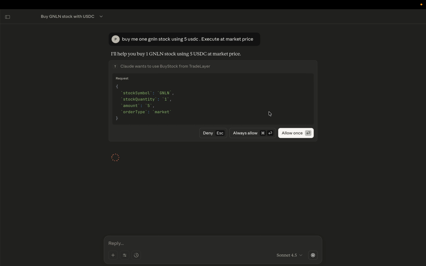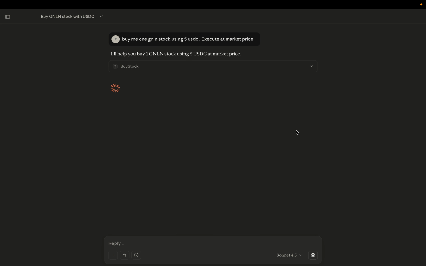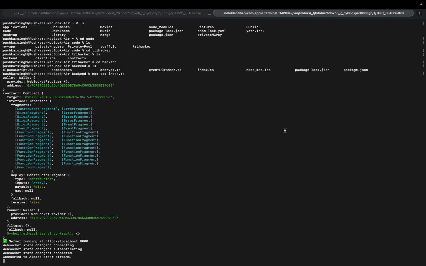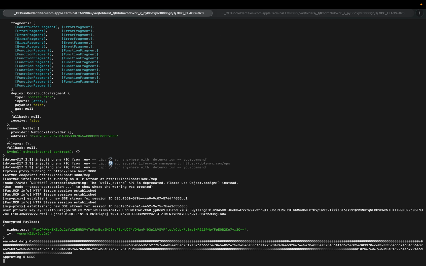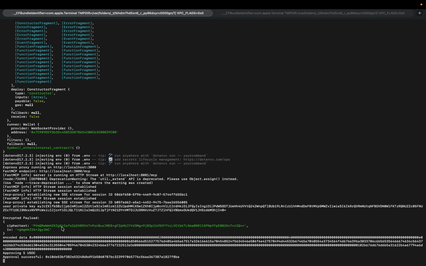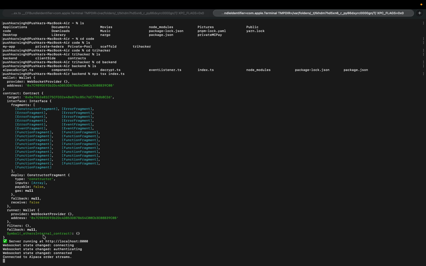Okay, so it is asking us to run this function with the following parameters: stock symbol GNLN, stock quantity 1, amount 5, order type market. And let's run it. If we go in our background, you can see this is our encoded data. This is the cipher text, which contains the order intent, and there is also approval of 5 USDC. If we now go on the backend side,